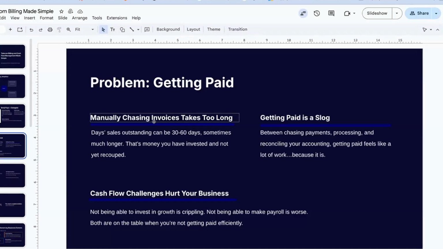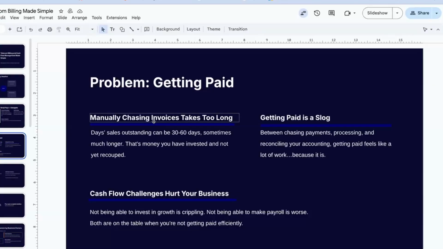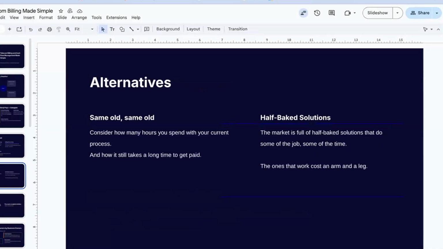And you start to see your day sales outstanding, like how long it takes you to turn an invoice into cash, slip over time. At the beginning, it's easy because you maybe only have a few customers. But as you're growing, and anyone who's established and been doing this for a few years knows, it can get out of hand quickly. And it can really impact your ability to run your business. At the worst case, how do you pay your suppliers and people? At the best case, maybe you can't invest as much in your business because it's tied up in receivables.